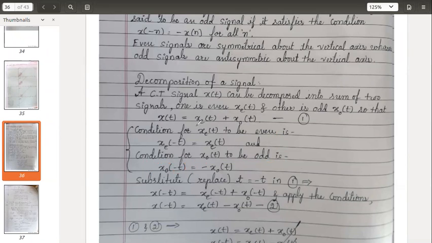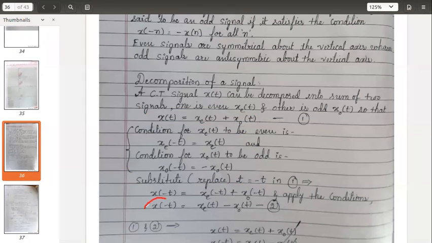Based on these conditions, we will take equation 1. In equation 1, we will replace all the time small t by minus t, which means we are taking the reflection. If I replace t by minus t, what will I get? x of minus t equals xe of minus t plus xo of minus t. What I have done in equation 1 is simply replace t by minus t. I am taking the reflection of equation 1. If I do that,